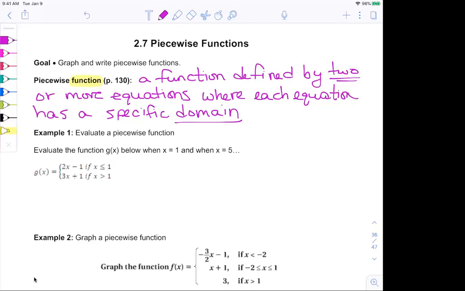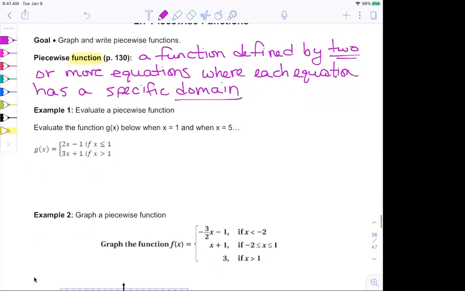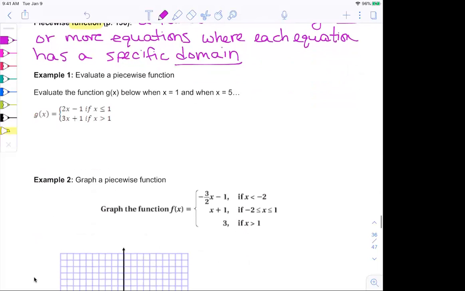And if you look down below, you can see example 1 and example 2. Example 1 has 2 equations. Example 2 has 3 equations. And then next to them is the domain. So we can kind of see that, yes, there is a domain attached with each equation, and that's the specific portion or piece of the line that we're going to use. So we're not using this whole line, but we're using a piece of it or a portion of it.